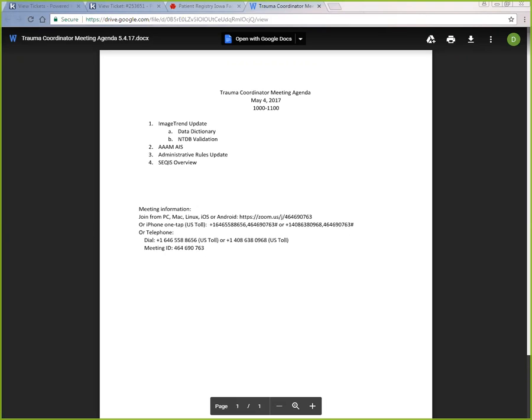Most specifically, they were concerned with the Social Security numbers. The legislators are not comfortable with state agencies having Social Security numbers for people. While those Social Security numbers are used to deduplicate data, and for cross-referencing patients between registries for research purposes, we did work with those legislators and negotiated removal of the Social Security number from the data dictionary and